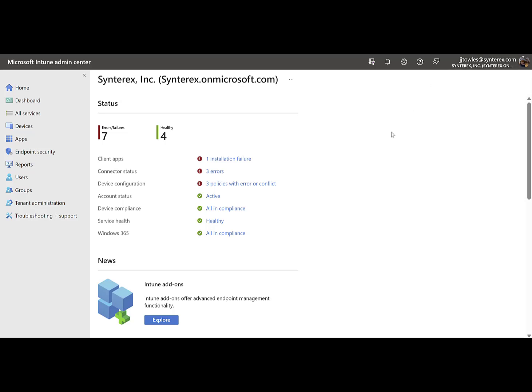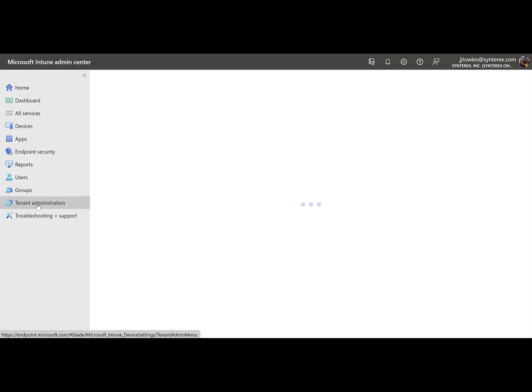Welcome to part one of our series of setting up the Windows 365 and Horizon integration. So we're going to start out with getting some of the initial connectivity set up. So the first thing you should do, just to kind of get out of the way, is we're going to